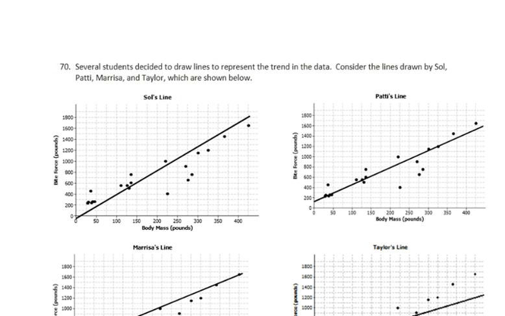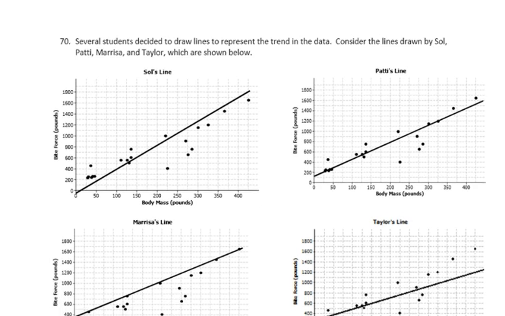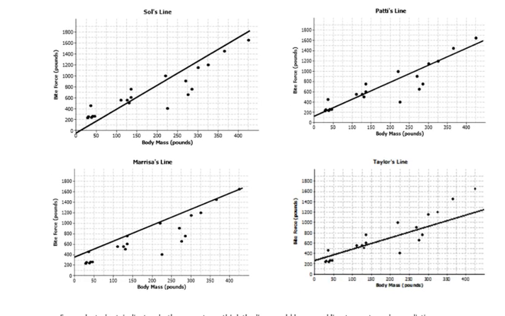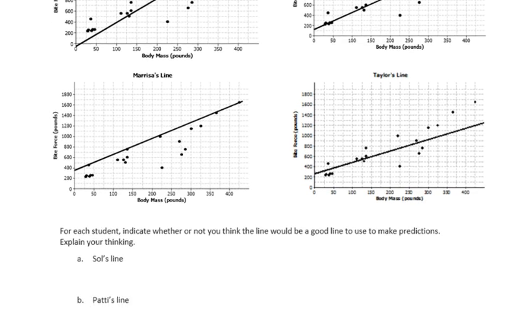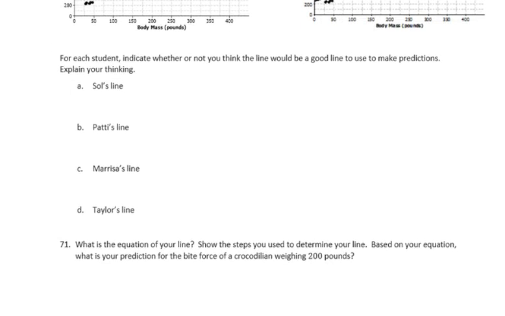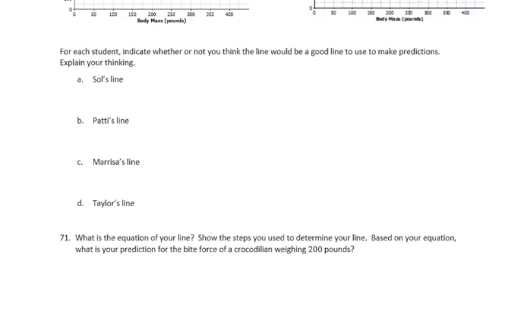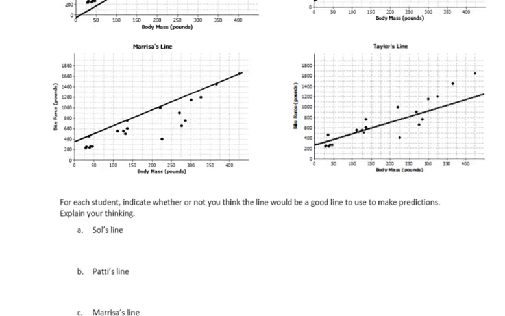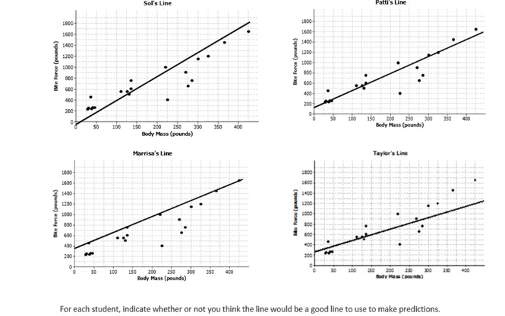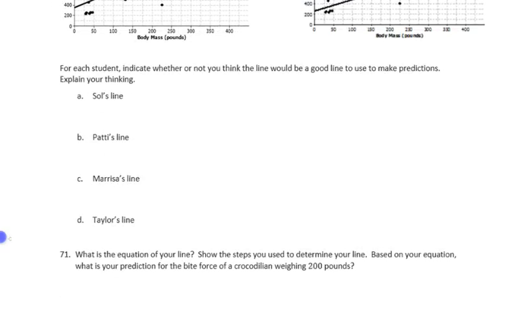On question 70 it gives a bunch of scatter plots and lines drawn. So we're going to talk about these and why they would be good or bad. If you look at Sol's line up above, it doesn't look too bad. But the problem is when he gets out here, the line is above all the points, and over here the line is below all the points. So you actually want to be through the middle of most of the points. So the problem with Sol's line,